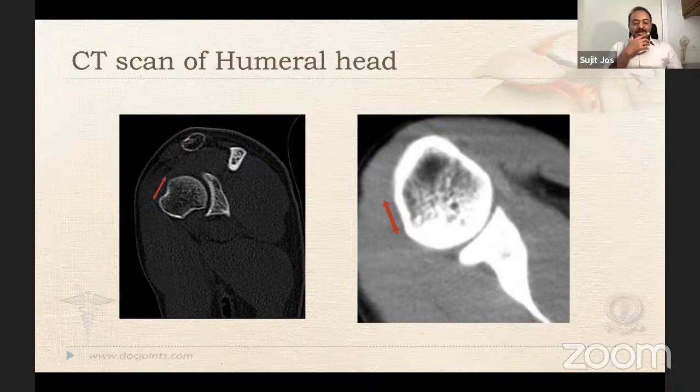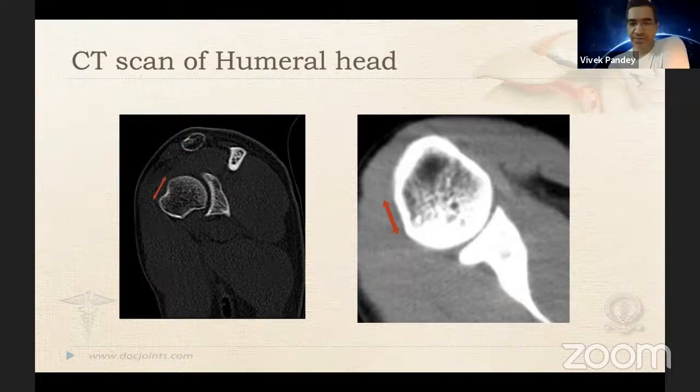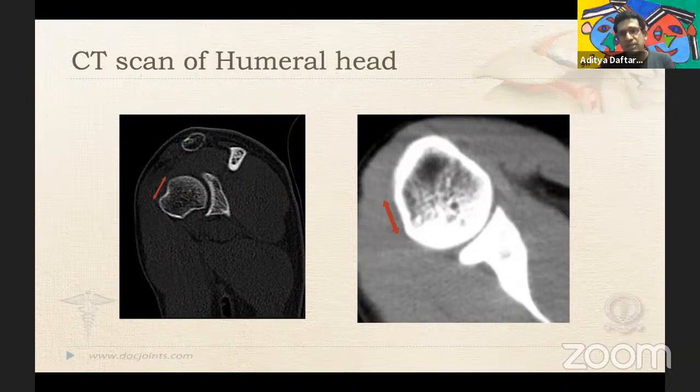Is it somewhere near the coracoid, Aditya, where the coracoid is? No, it just varies because it all depends upon the way in which somebody is dislocating. If somebody is dislocating directly anteriorly, you'll see the Hill-Sachs lesion a little bit lower down, whereas if somebody is dislocating anterior-inferior, you see the Hill-Sachs a little bit higher up. So it's very important to understand that.